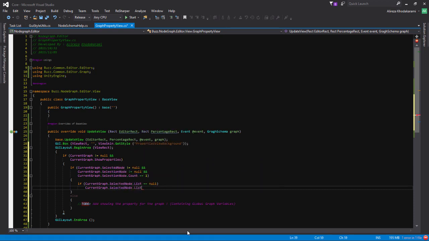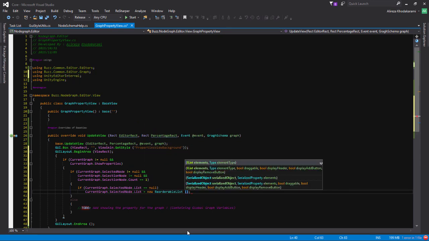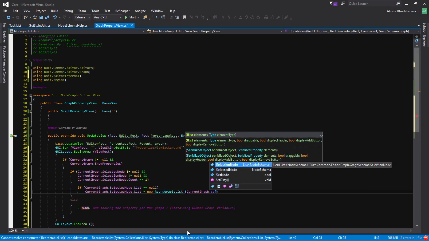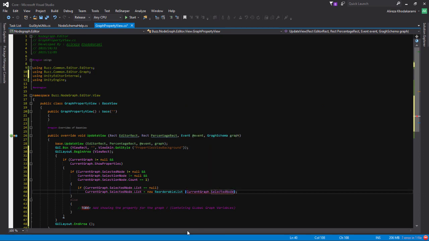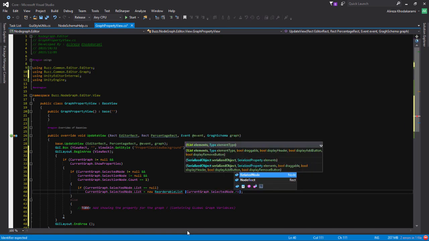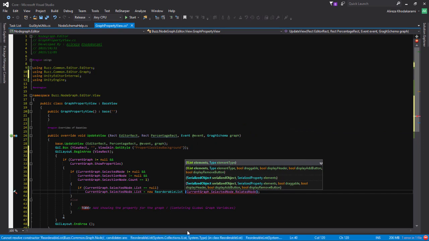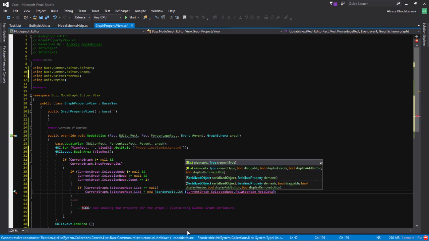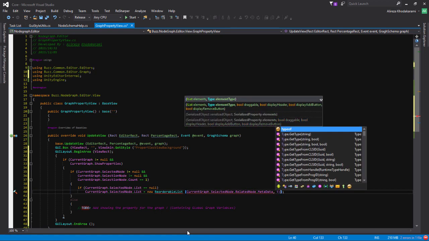List equals new ReorderableList of currentGraph.SelectedNode.RelatedNode.Metadata. Wait, no, not list. The metadata type of list,